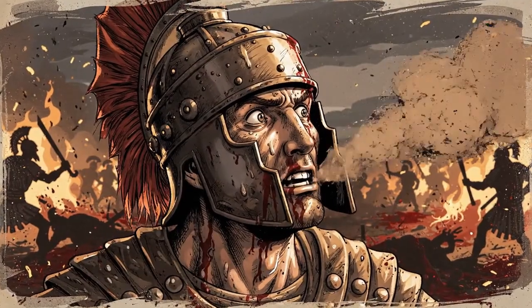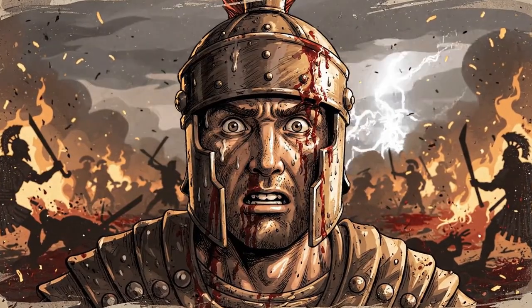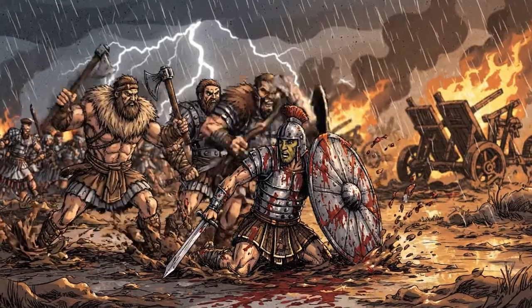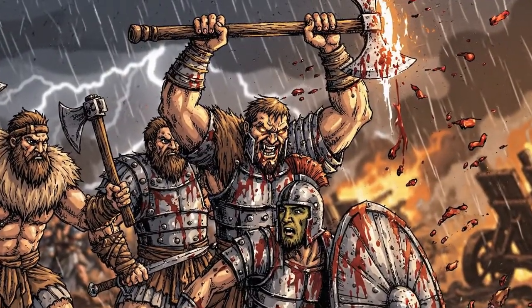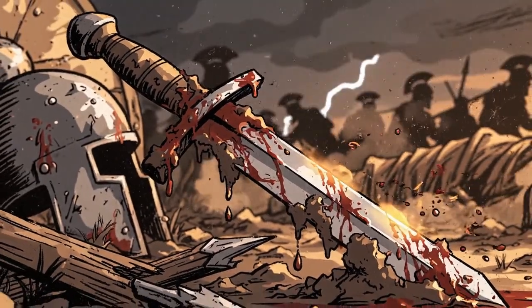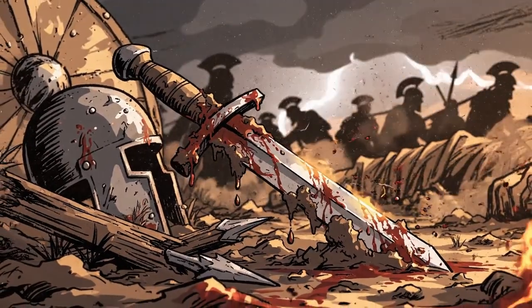The Battle of Cannae, one of history's bloodiest days. In the chaos of the Punic Wars, even the most disciplined legionnaire could fall. This is the Gladius, the standard short sword of the Roman legions, caked in the mud and blood of the